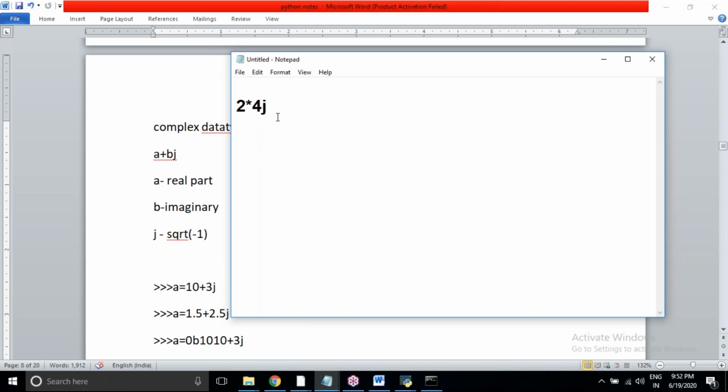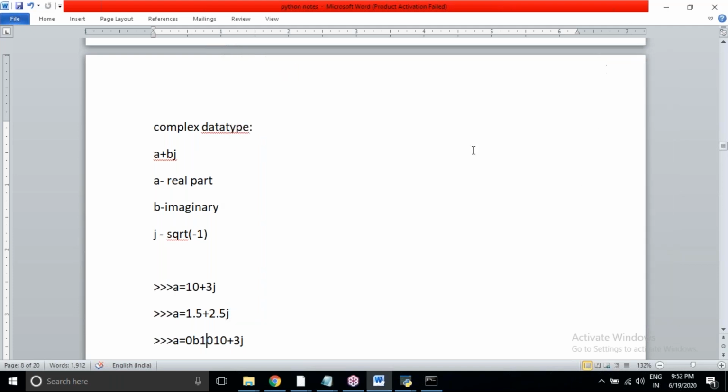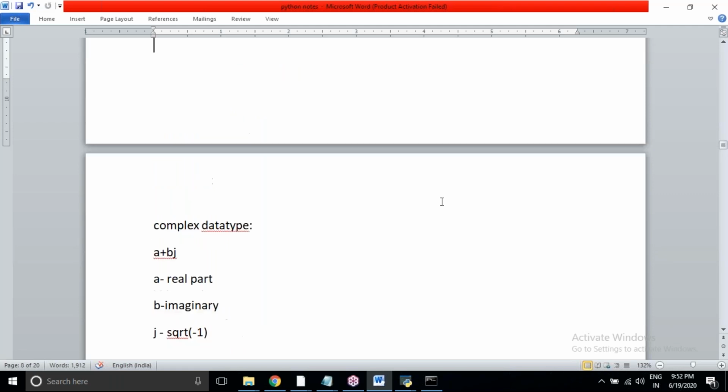I means the square root of 0, j means the square root of -1. So we have to follow this format while using complex data types.